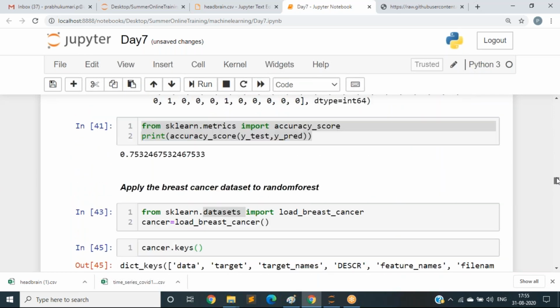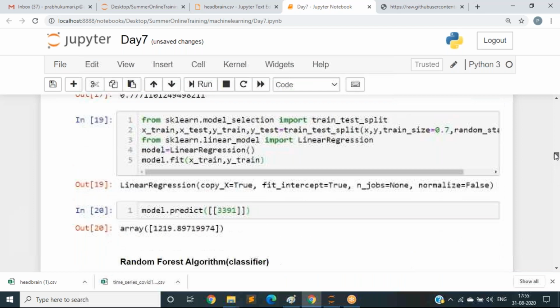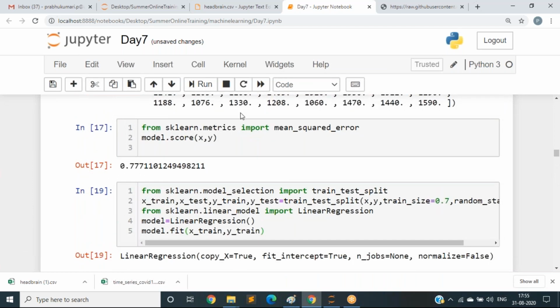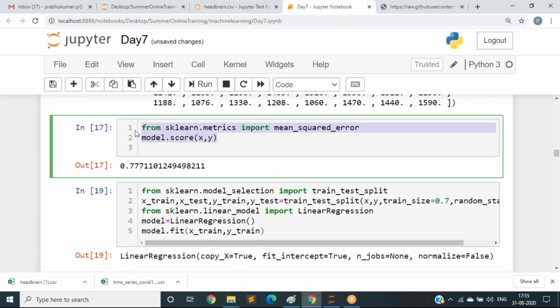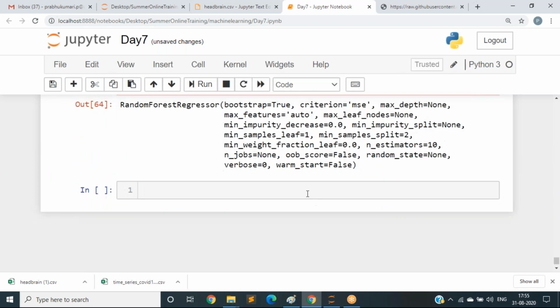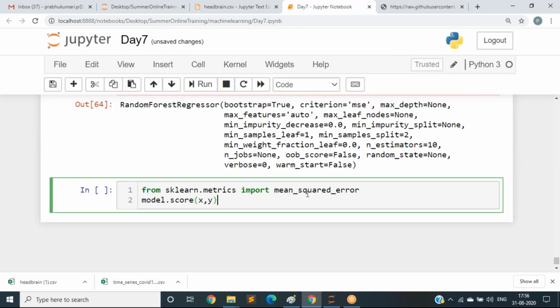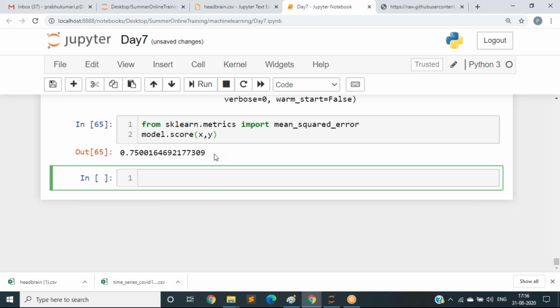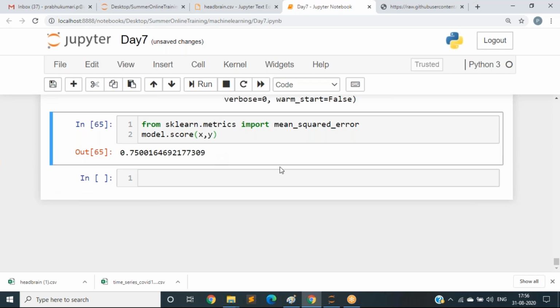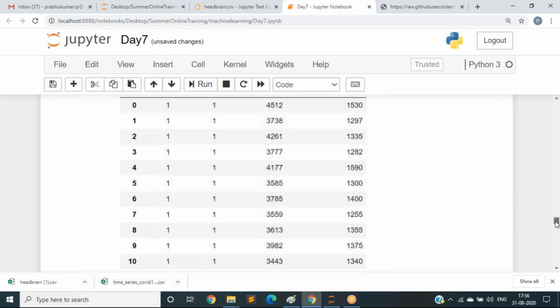Before finding out, import your required modules and see the score. See, previously I got 71. Here I got some 75. Let me check.